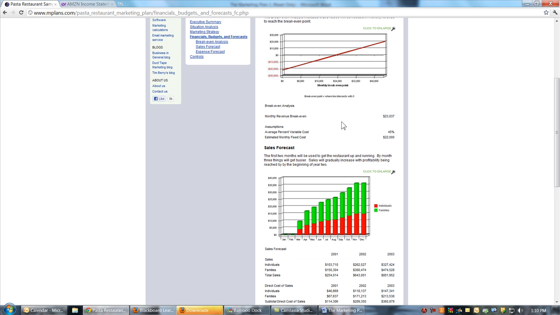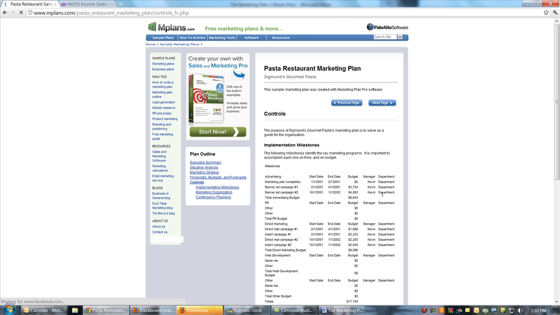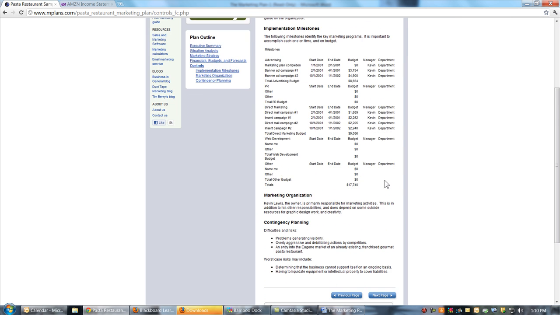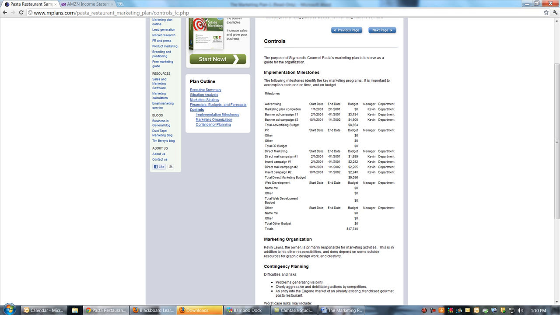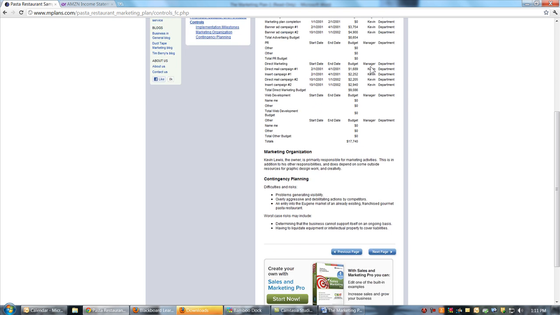So all of section 4 kind of goes away with the exception of those 5 or 6 lines from the income statement. And all of section 5, controls, goes away because you just don't know things like, Kevin's the manager of a particular department. It's not particularly useful. This is a tool that allows organizations to determine accountability. So it's not difficult to do. It's just that we don't have the information we need to do it.